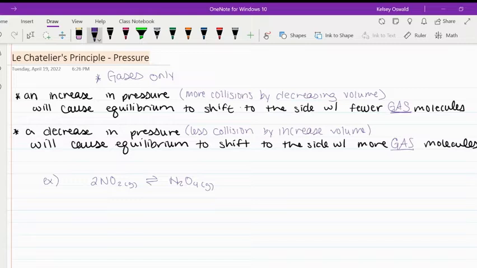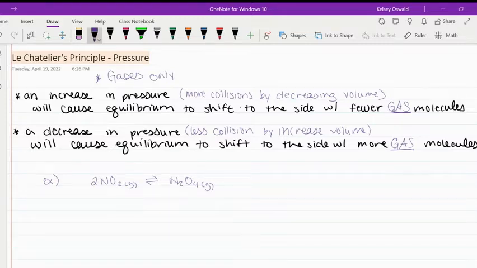By shifting to the side with more gas molecules, we're more likely to have those collisions that we initially lost. So the big idea here: an increase in pressure will cause our equilibrium to shift to the side with fewer gas molecules to cause fewer collisions. And if we decrease the pressure, we're going to move to the side with more gas molecules